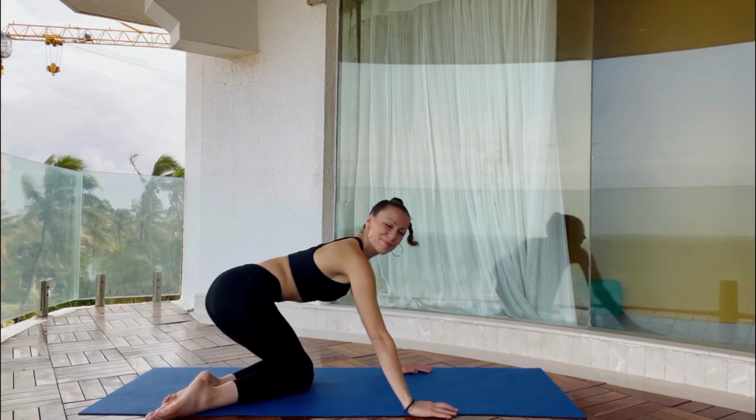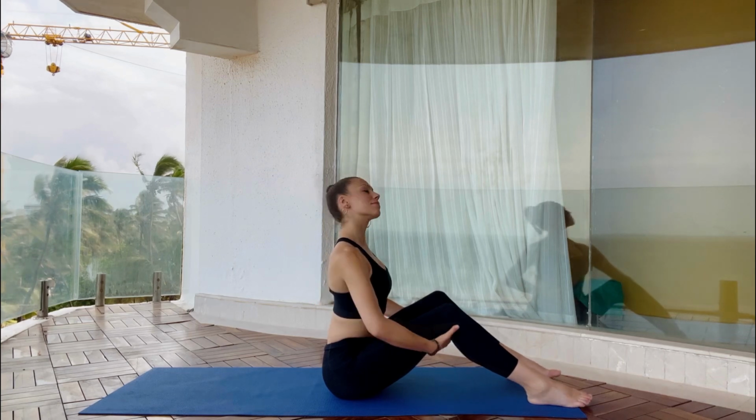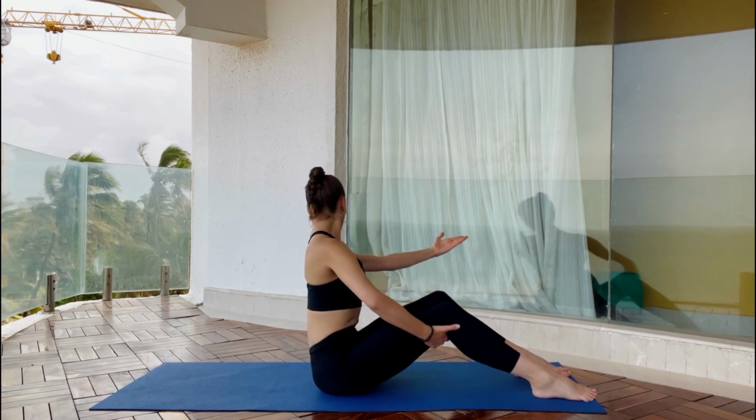Sitting back onto our sit bones, we're going to do a nice 180, coming back and sitting into the middle of our mat. Let's take our hands behind our knees from there and continue. Now engaging our core, which is super important for our lower back. We're going to exhale, releasing our right arm, finding that exhale as we move back into a C curve,